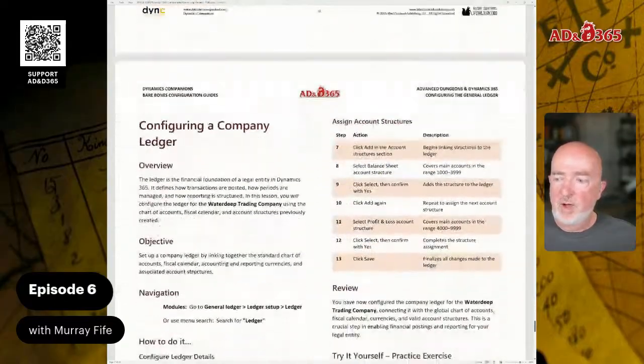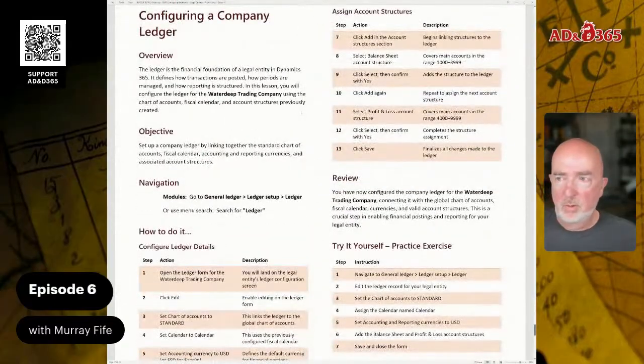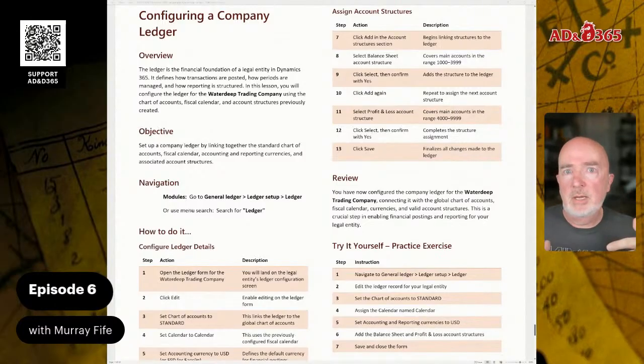So the final item that we're going to do, or nearly the final item, is we're going to take all of these building blocks and finish off this section. So what we're going to do is create a ledger. We've been building up all of these and the configurations along the way. And now we've got to take all these building blocks and create a